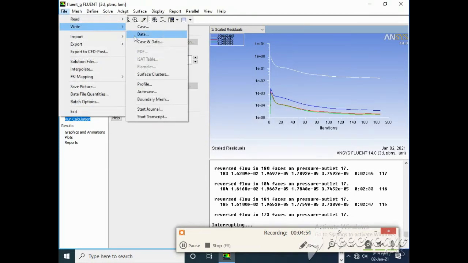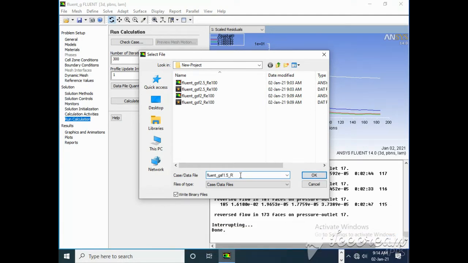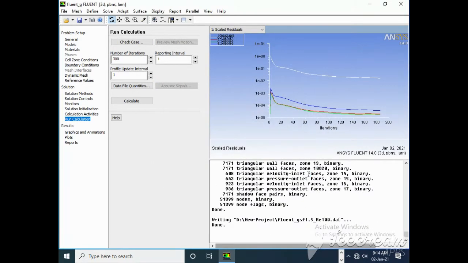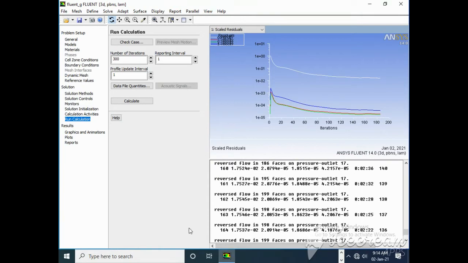File, write case data file. So it is of 1.5, Reynolds number 100 for 1.5. Okay, so here we can stop our iterative method in the solver.